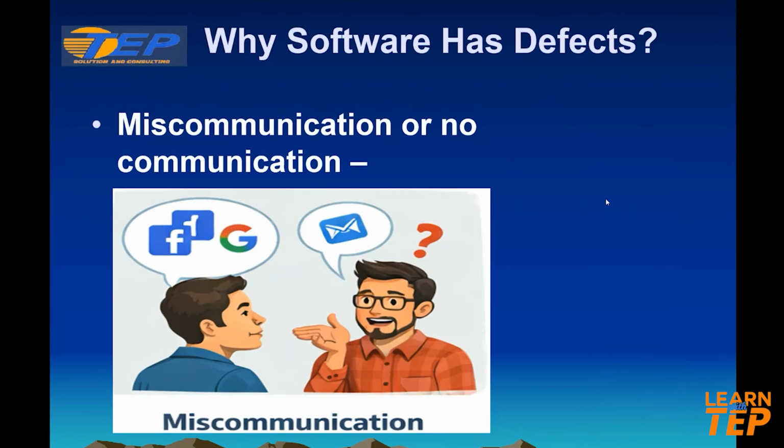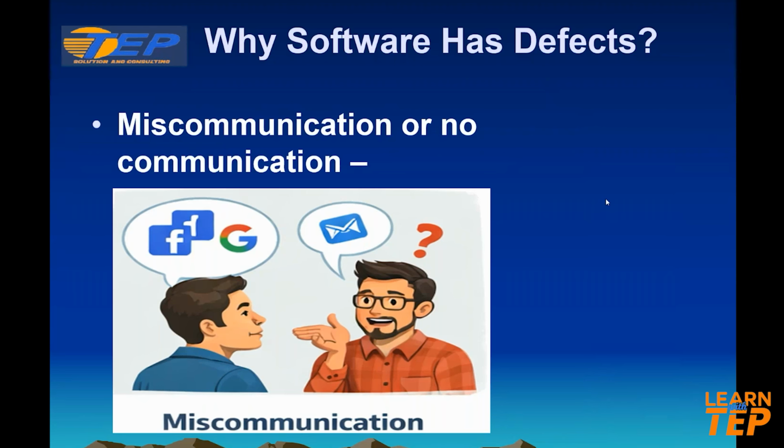In this video, I will be discussing why software has defects in it. Software has bugs because building software is a complex human activity performed under constraints. Here are some main reasons: